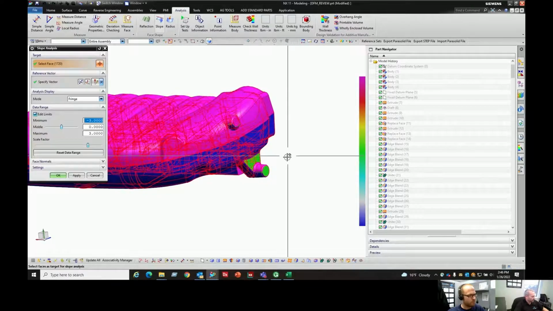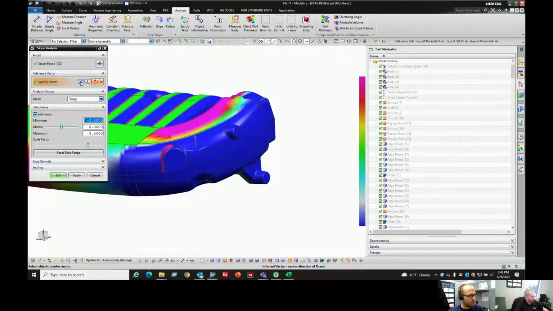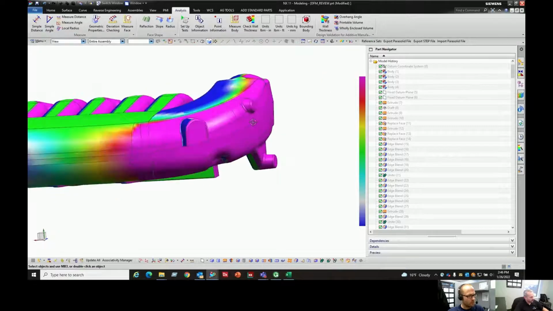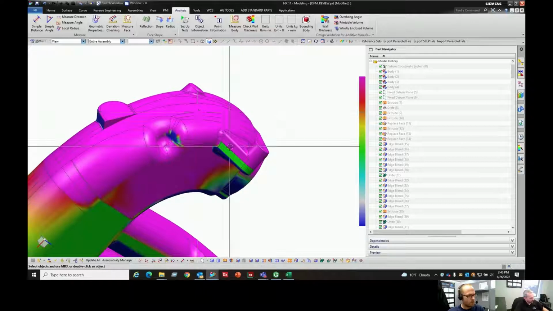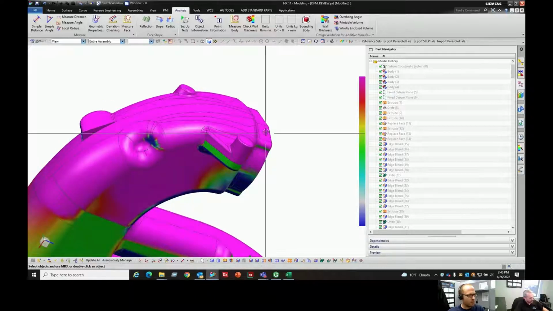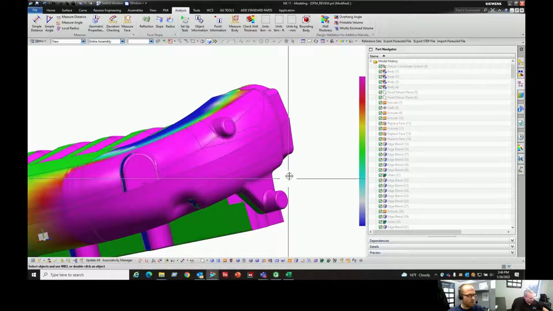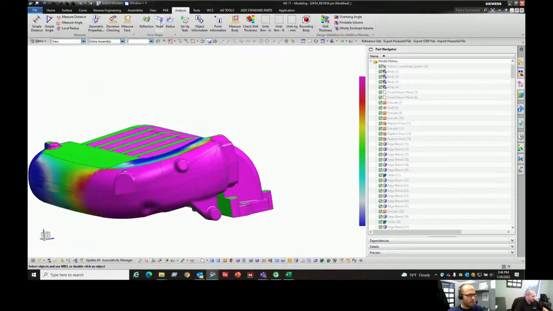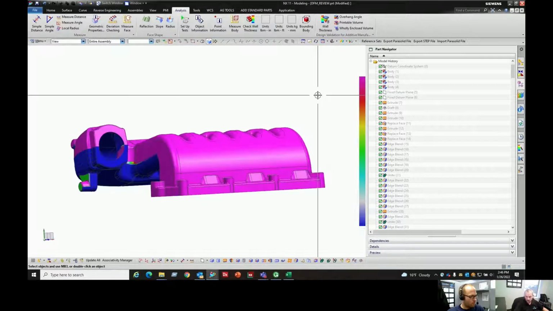Now, what we would do is check the draft in a different direction just to make sure. I just changed the orientation so you can see how that would all pull from one direction. We would add a core set down inside of the permanent mold in this specific area to create that shape and get the undercuts. Okay, yep, that makes sense. Now that my draft is good,